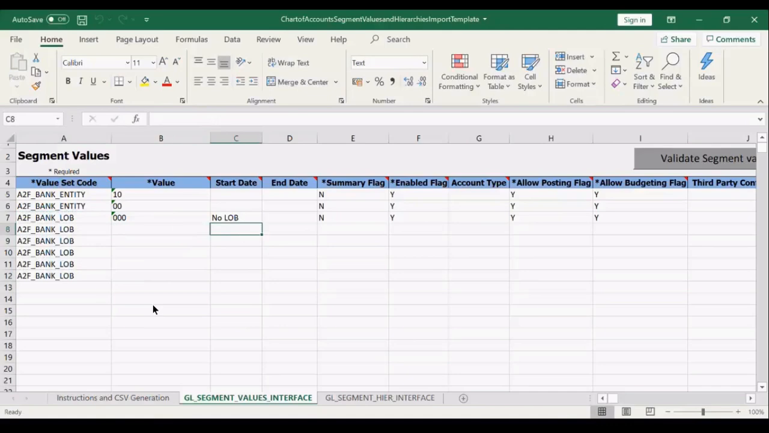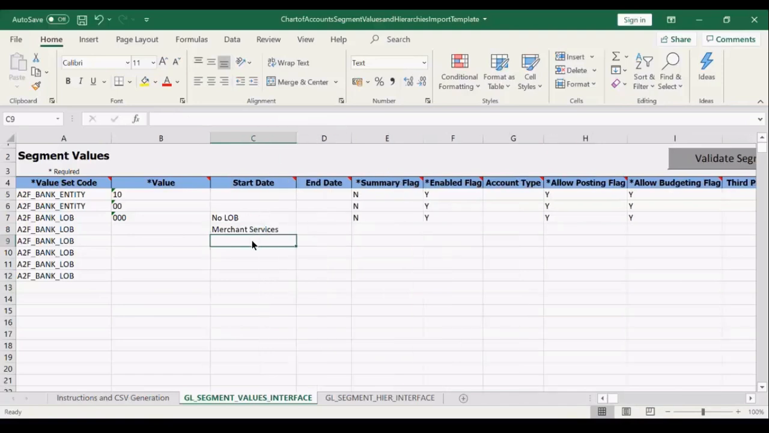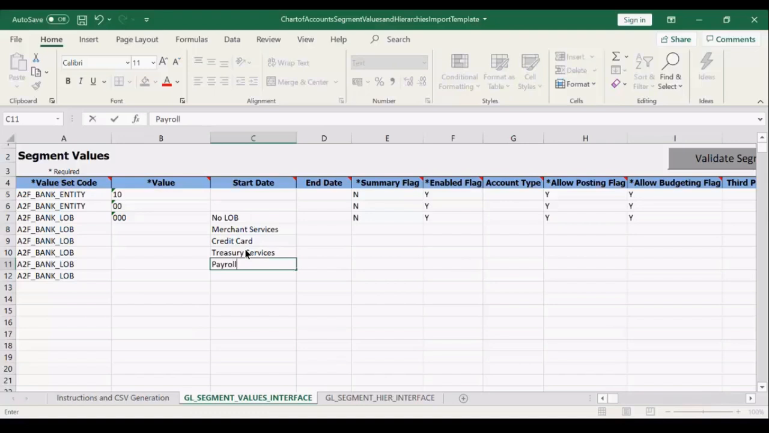and we have some values as merchant services. Then let's say inside merchant services we have credit card processing or something. Then we can have some payroll services or treasury services. We can have loan management services or loan services. We can have different types of